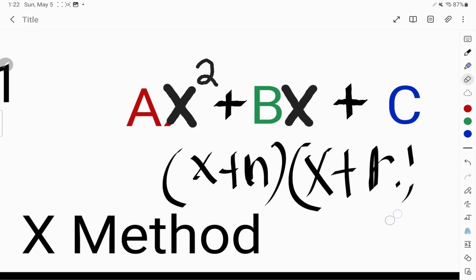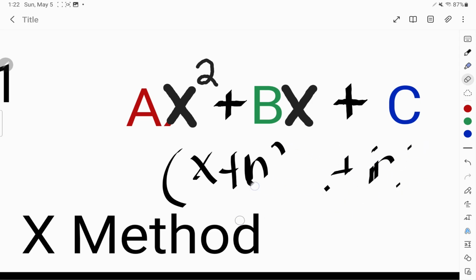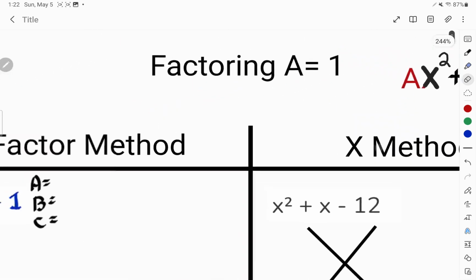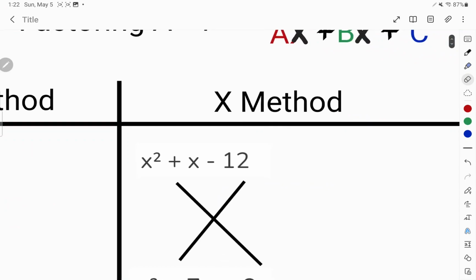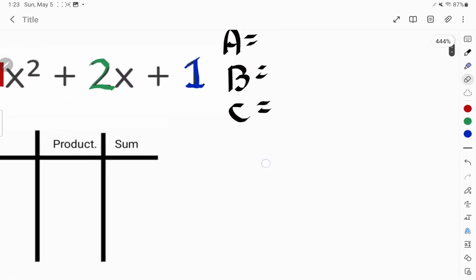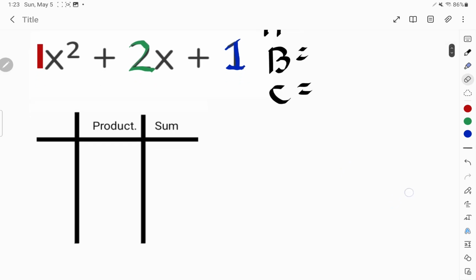So now we have to go from the top one to the bottom one. We're going to be using two different methods. We're going to be using the factor method, which is the one I usually teach my kids in class. And then we have the X method, which is exactly the same thing, but just represented in a different way. So let's go ahead and do what we need to do here. All right, so first things first,